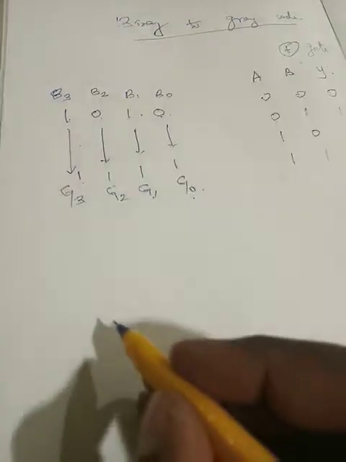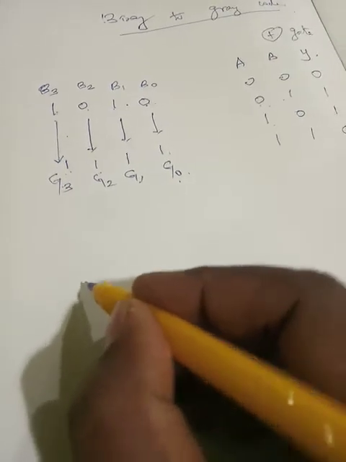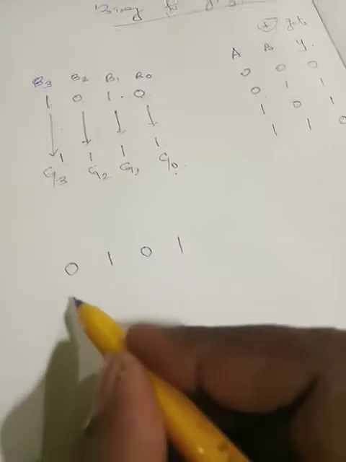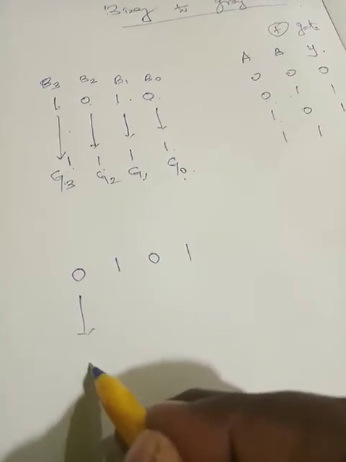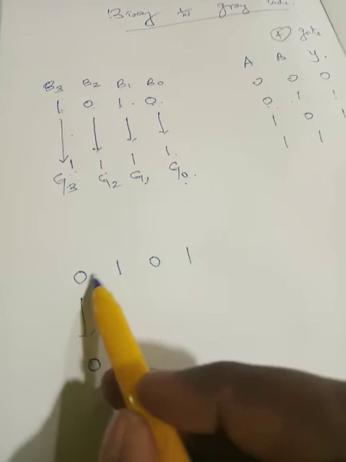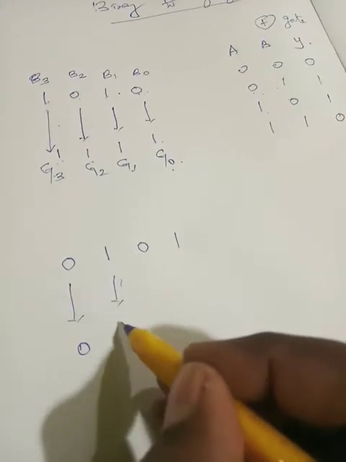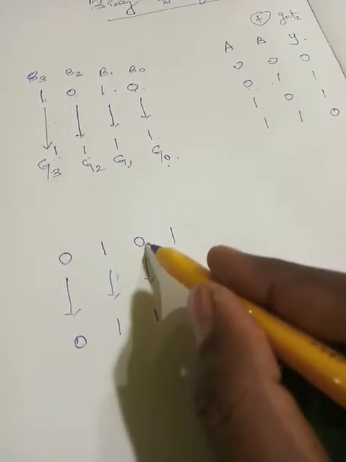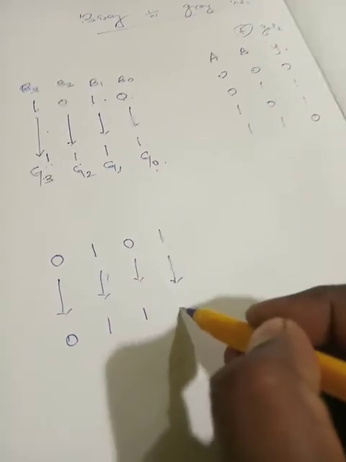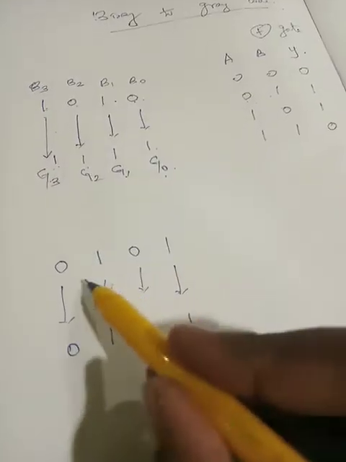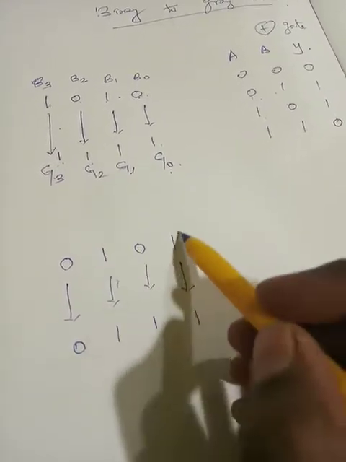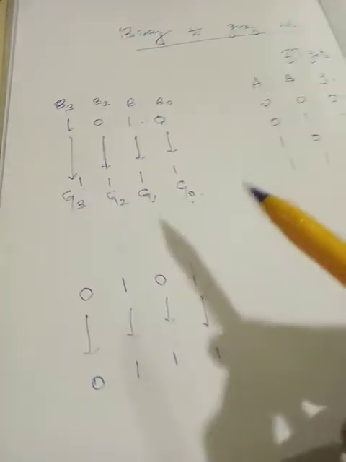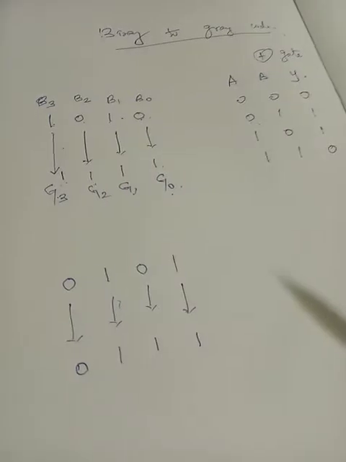If you take one more example, consider the 4-bit number 0101. Now how can we convert it? As it is, you write 0, then you take the XOR of 0 and 1, I will get 1, and the XOR of 1 and 0, I will get 1 again. The XOR of 0 and 1, again I will get 1. So this is the equivalent gray code for the given binary number. This is the way we can convert binary into gray code.